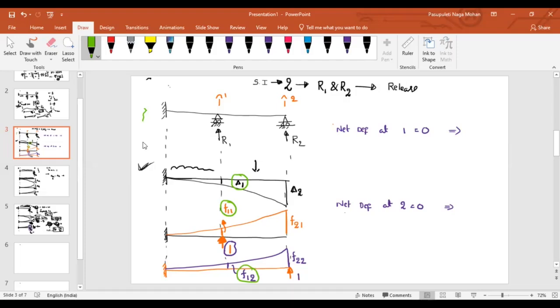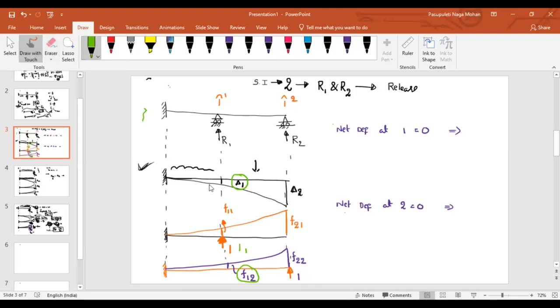It's not only due to this reaction, it is also due to the other reaction. Now tell me, instead of 1, there is a force of R1. Then how much deflection is going to happen here? Previously what we have done, we have applied the unit forces and we have told that the deflection here is